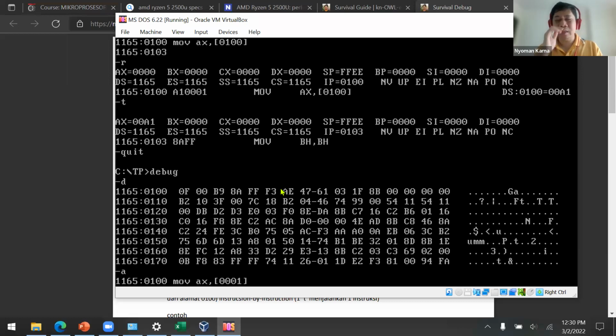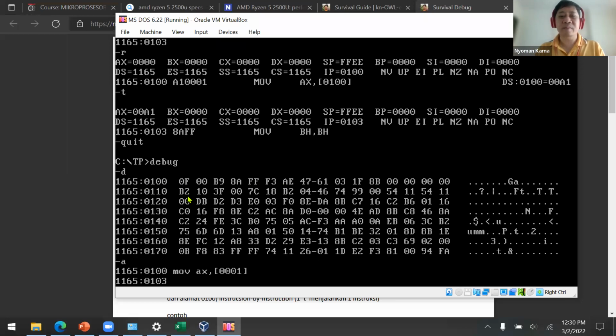Why? That's because Intel has what we call little endian. Sorry, it's big endian. Because of this, we need to switch this 0, 1, 0, 0 to become 0, 0, 0, 1.